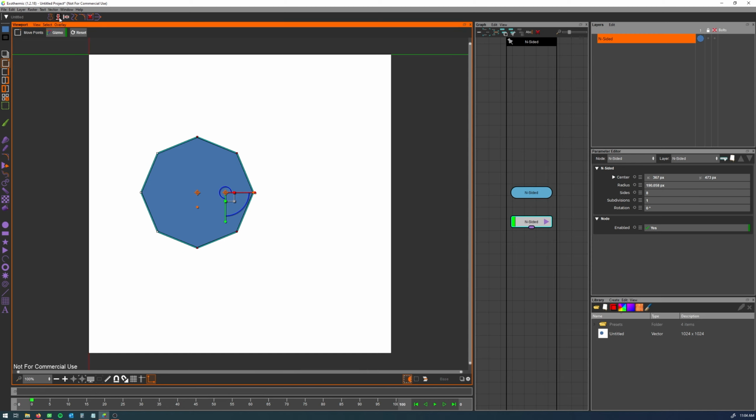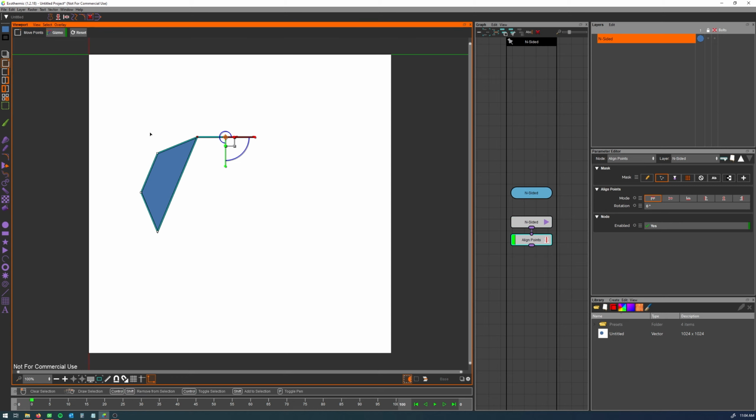And now there's a button up here called Align Points. You can also find it under Vector, where's it? Deform. Yeah, it's a deformer. And you can do it that way. So let's say Align Points, and it does this, which you might be wondering, that's not at all what I